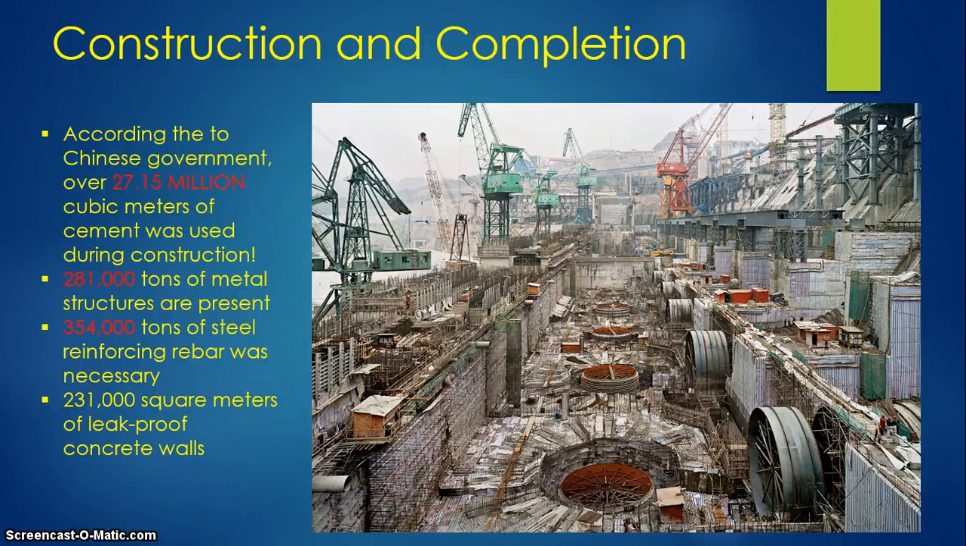A little bit further along, you can see all the concrete and rebar and just millions of tons used. These numbers on this tile are from the Chinese government, and this tells us how much of each was used during construction. 354 tons of rebar is a lot of rebar, so that gives us an idea of the scale of this